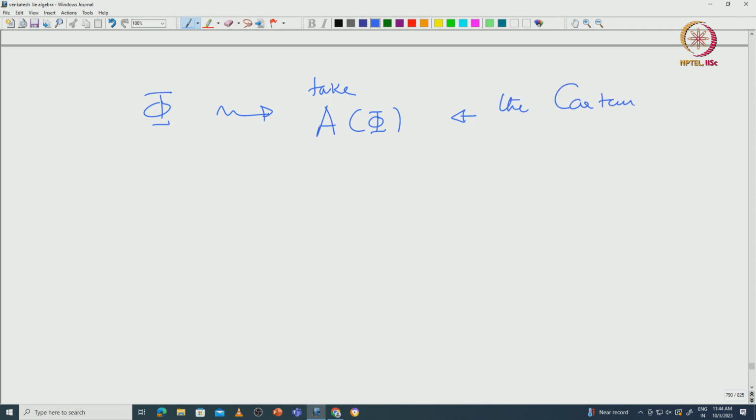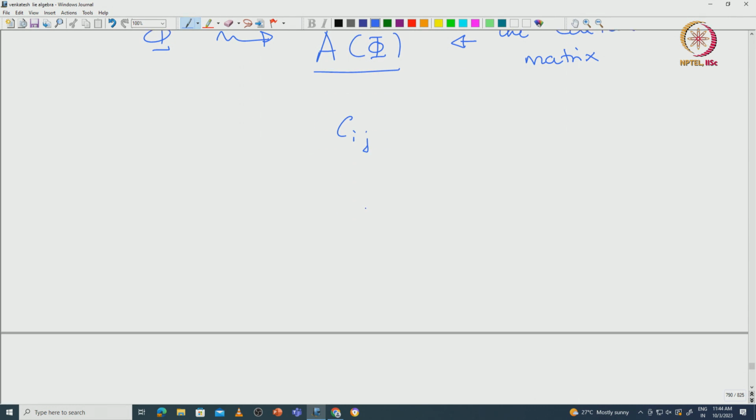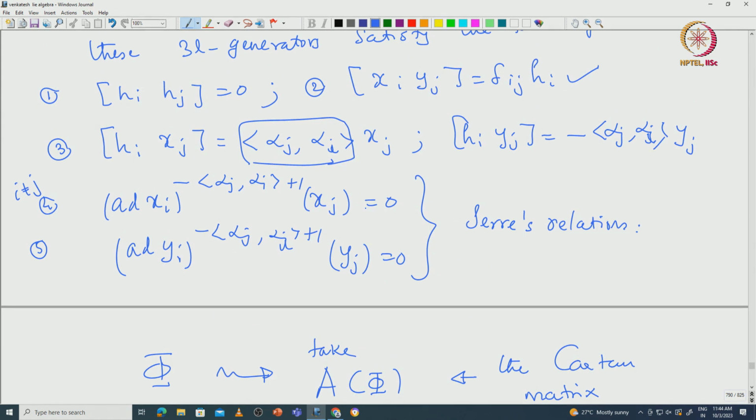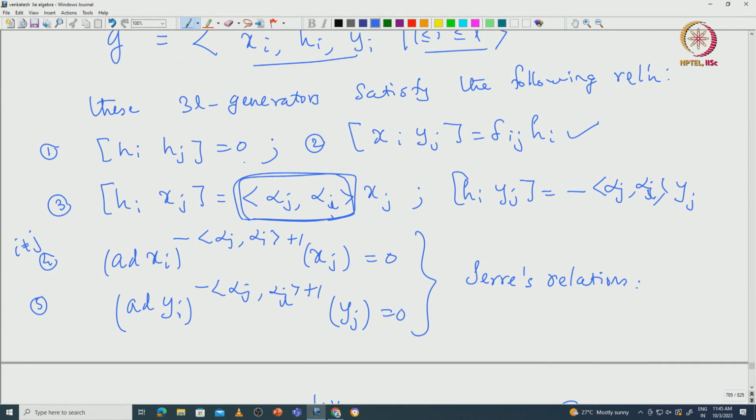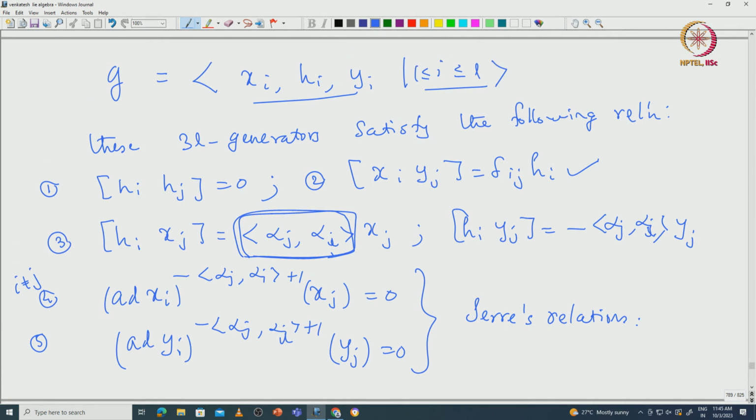We have already seen that the Cartan matrix is unique up to reordering, because the Cartan matrix is defined from the set of simple roots, and all these sets of simple roots are conjugate under the Weyl group. So you get a unique Cartan matrix up to reordering. Given this Cartan matrix, you know the ijth entries. You can call them Cij. Then if you are interested in reconstructing the Lie algebra, you plug in that Cji here. That way you will be able to reconstruct the semi-simple Lie algebra. But what is the meaning of that? We have to make it precise mathematically.